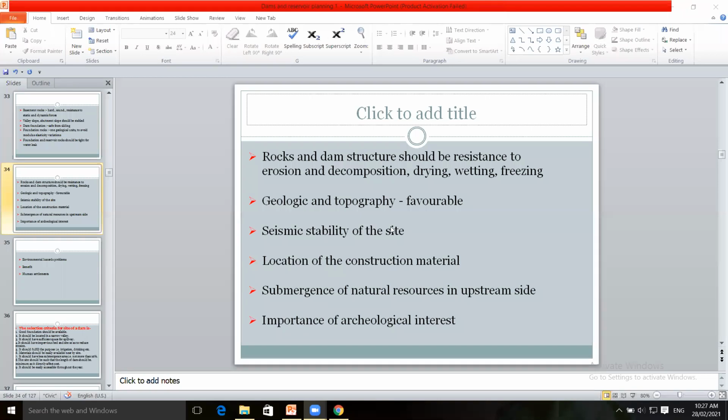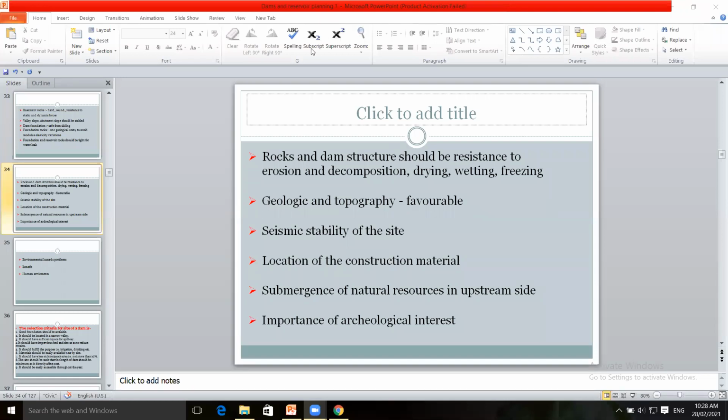You are studying soil mechanics, geotechnical engineering 1 and 2. In that you study different soil characteristics. In that, the specific gravity of the soil, its water content, physical properties are studied, its density, then its porosity, void ratio, then its shear strength, its swelling pressure of the soil. These all soil characteristics are studied.